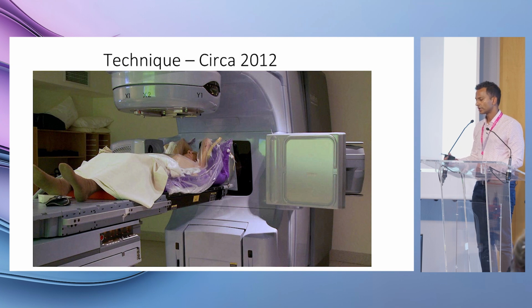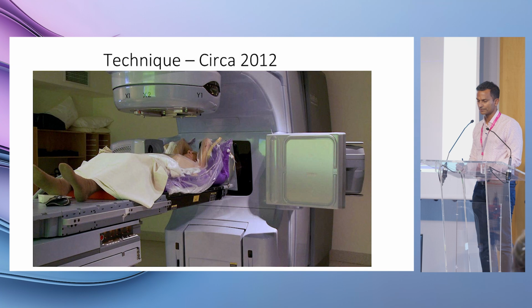This is an example on a linear accelerator from Varian, and we had imaging with cone beam CT whilst the patient was immobilized in this vacuum. The image quality is okay. It's not an MRI LINAC. It's not perfect. Abdominal gas is an issue, and we don't capture motion in real time. We're looking at an average motion blur within the tumor and an ITV concept for treating the tumor. And the kidney we also use as a bit of a surrogate for the tumor